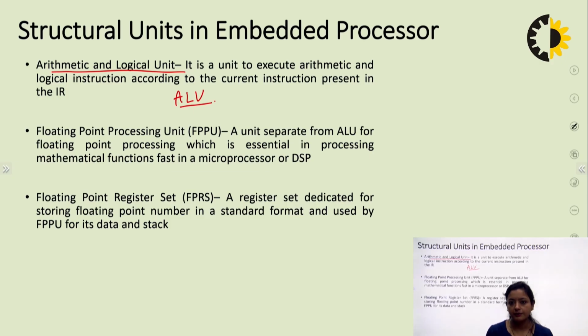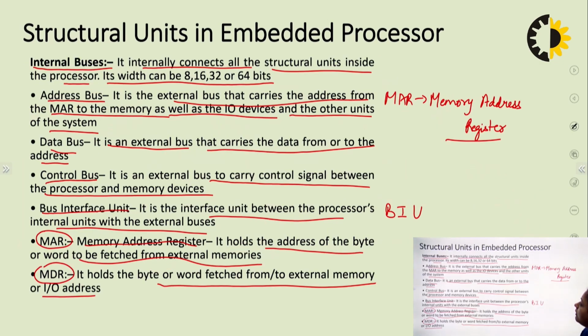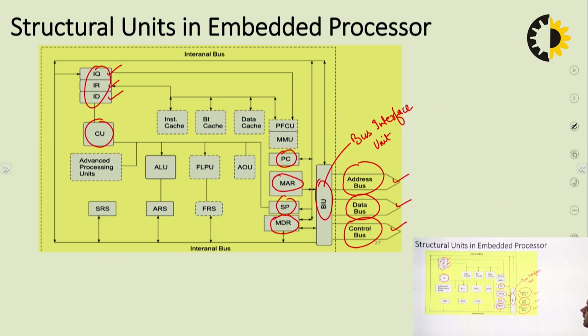Two types of functions are performed by the processor, and these are arithmetic instructions including plus, minus, multiply, divide, depending upon the ability of your processor, how many functions it can perform. And logical instructions, which are associated with your gate functions, Boolean algebra gate functions. So the arithmetic and logical unit is present, which is capable of performing all the arithmetic and logical functions. Let us locate the ALU. The ALU is here, arithmetic and logical unit.